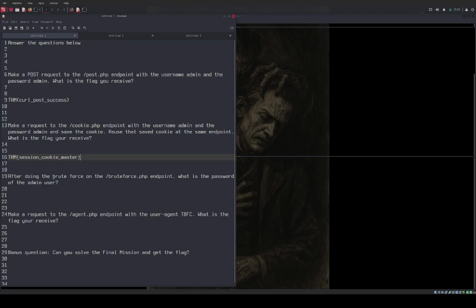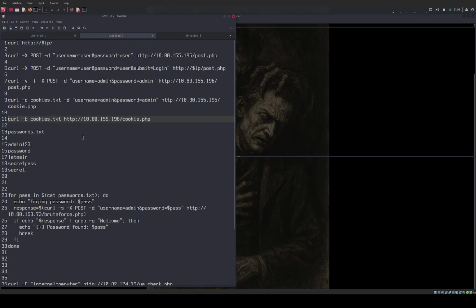After doing the brute forcing on the brute_force.php endpoint, what is the password of the admin user? So we're going to copy this IP. They give you a bash script right here, so just fill in the IP, and then you're going to make a password text file. So just copy that and then